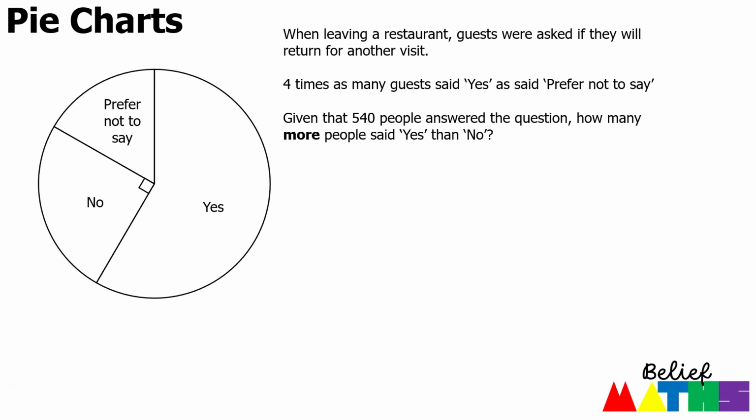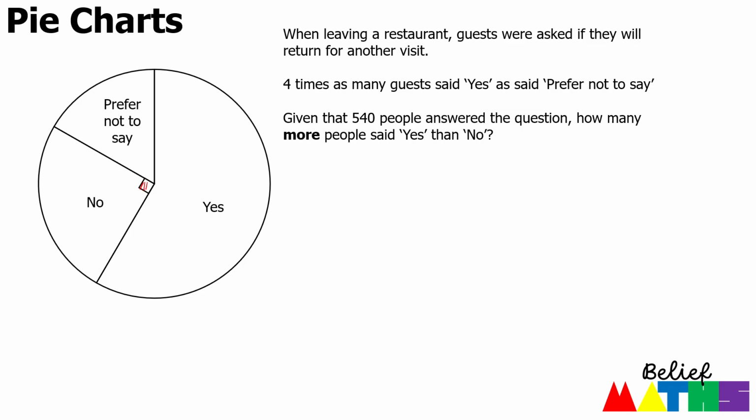Now, looking at the topic of pie charts, it gives us some information. It says, when leaving a restaurant, guests are asked will they return for another visit. It says 4 times as many guests said yes as prefer not to say, and given that 540 people answered the question, how many more people said yes than no? Now, it might seem that there's not enough information there, but there's actually a key thing here on our graph,